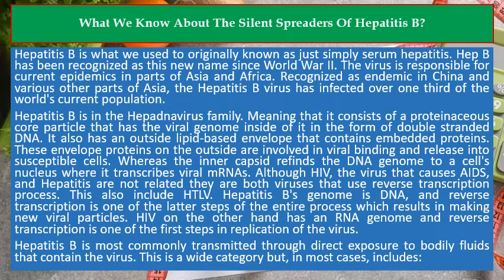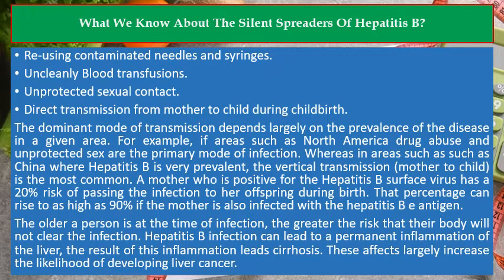Hepatitis B is most commonly transmitted through direct exposure to bodily fluids that contain the virus. This is a wide category but, in most cases, includes reusing contaminated needles and syringes, unclean blood transfusions, unprotected sexual contact, and direct transmission from mother to child during childbirth. The dominant mode of transmission depends largely on the prevalence of the disease in a given area. For example, in areas such as North America, drug abuse and unprotected sex are the primary modes of infection, whereas in areas such as China where hepatitis B is very prevalent, the vertical transmission, mother to child, is the most